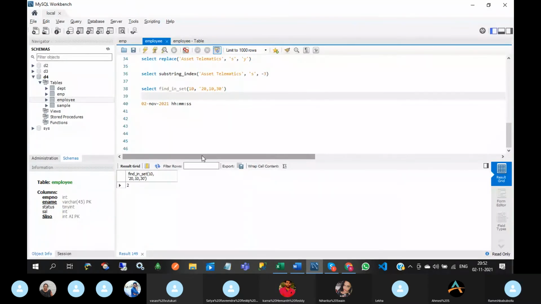Next one, format. Format means format a number with a specific locale and rounded to the number of decimals. Let me take one example, format of 201.213 comma 0.